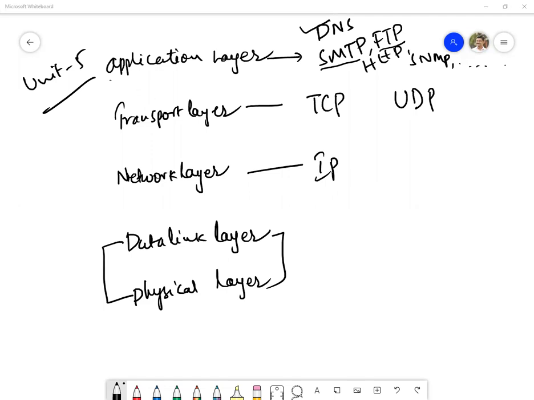One second. One second. There's a problem in sharing one of the PPT. Wait, wait. It is not getting annotations. This-